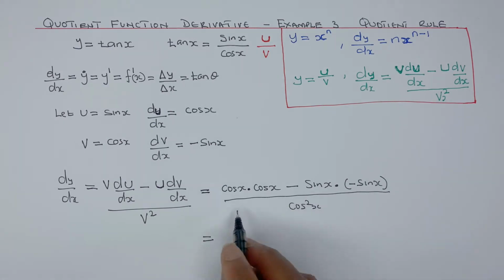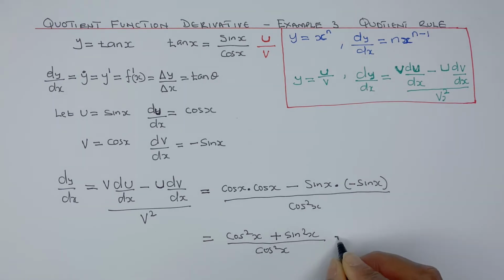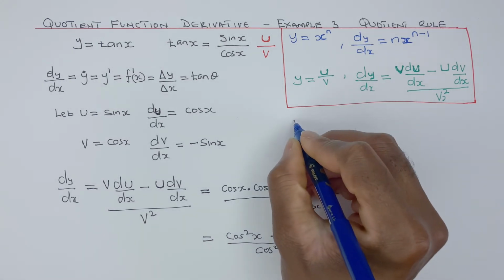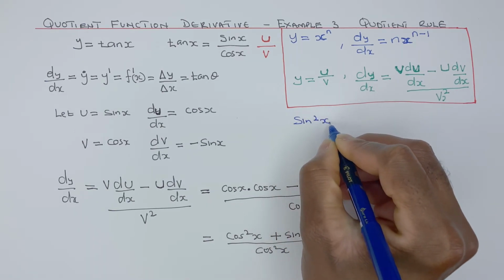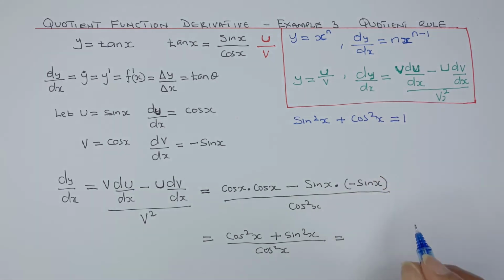So what we can do now is cos x times cos x is cos squared of x. Minus times minus is plus. Sin x times sin x is sine squared of x, over cos squared of x. That will be equal to, we know in trig identity that sine squared of x plus cos squared of x equals 1. So the top bit here will be 1. So that'll be 1 over